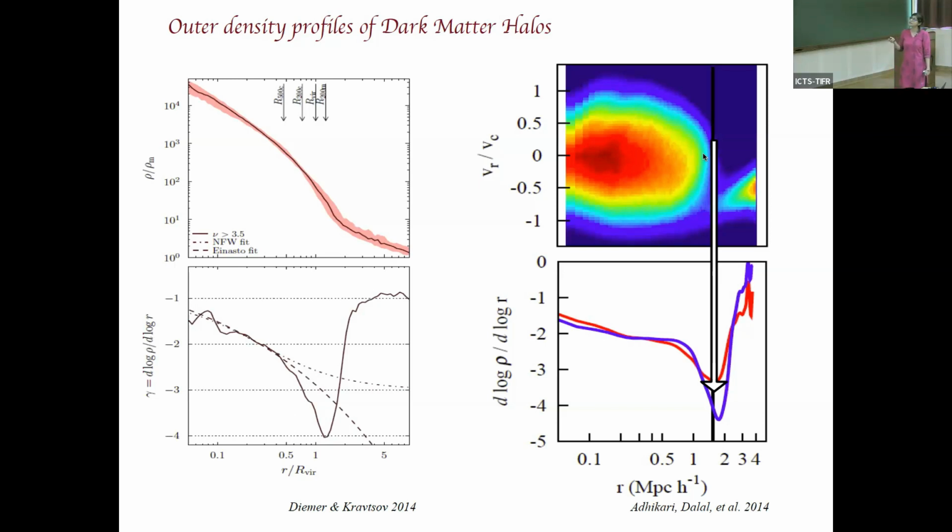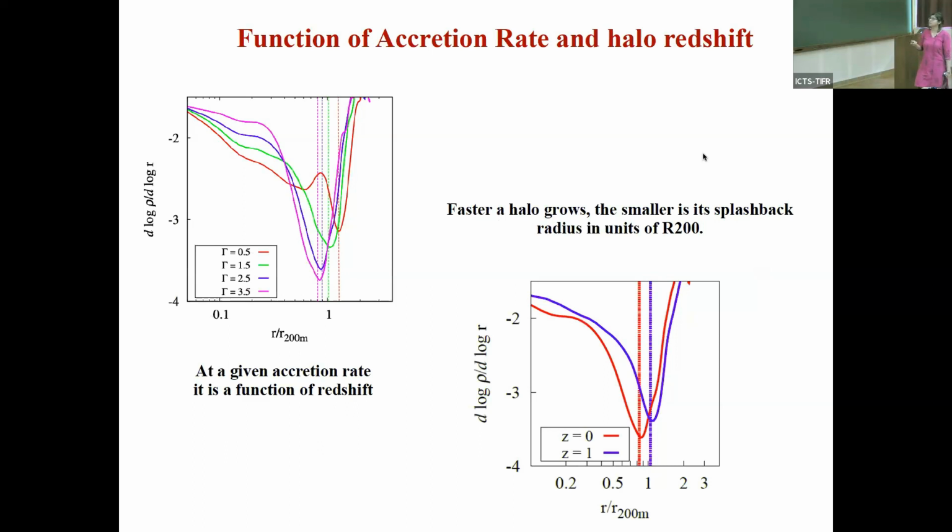When you look at the stacked phase space boundary of halos in simulations, you then see a steepening at the boundary. And if you chose particles that have low radial velocities, you would bring out the feature even more. The location of the minimum is what we in practice call the splashback radius. The location of this feature